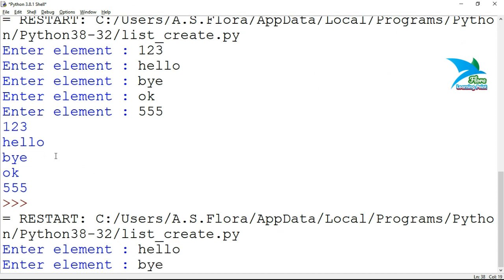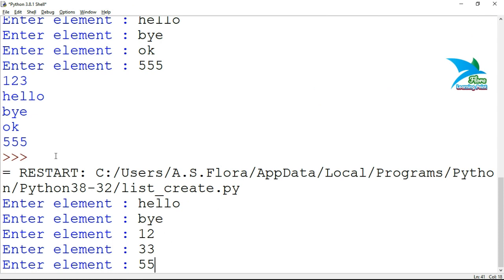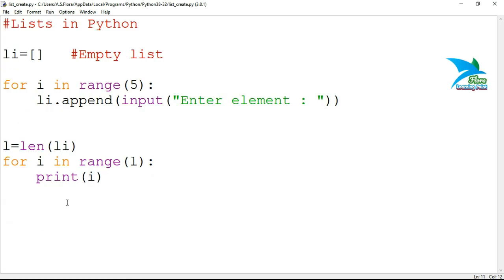Presently, inside i the index will be stored. So let me show you the value of i. These are the values, and the indexes are 0 1 2 3 4, but I want to print the value or element available at that particular position. i contains the index, so if you want to fetch the element, then I'll specify li, and inside the square brackets I have to specify i.